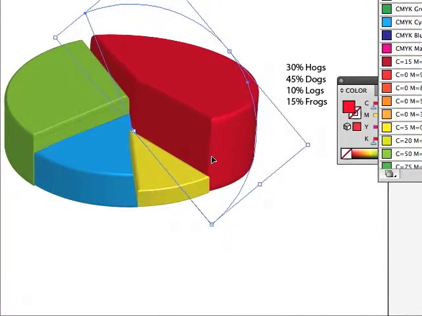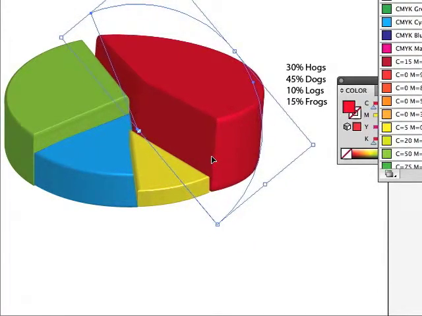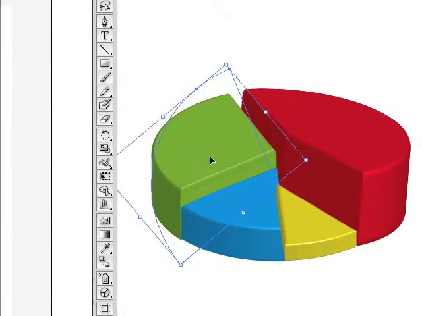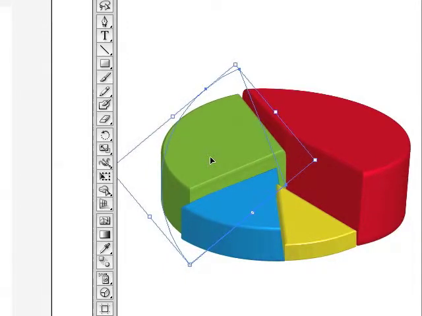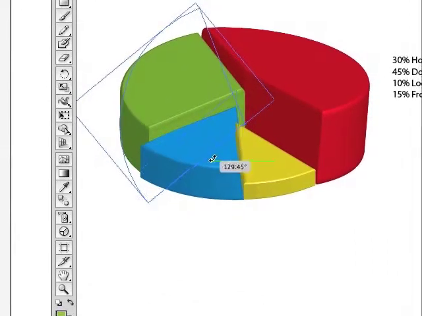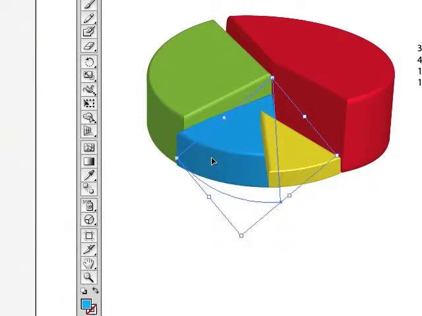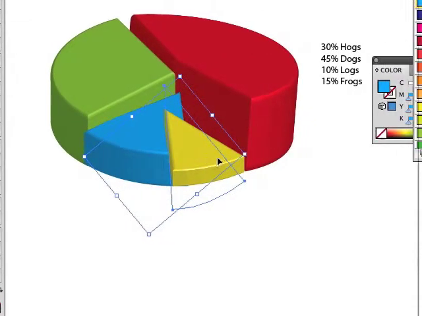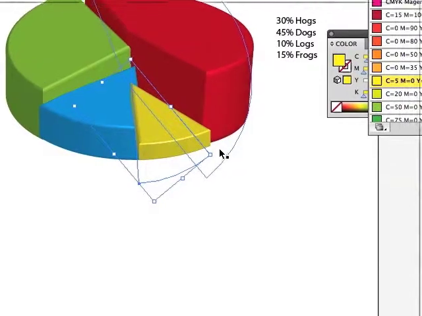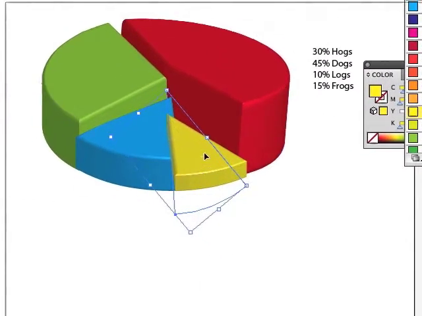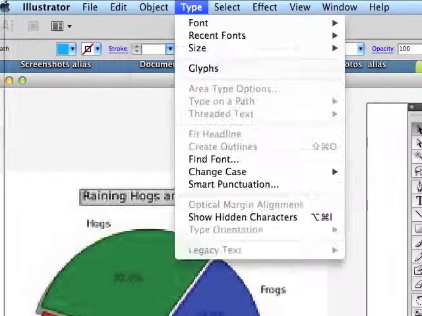Oops, it's over too far. And this one needs to be nudged in here a bit. And just play with them and get them so these edges look smooth. Now it's a bit hard to get these placed because when you move them, all you're seeing is this flat piece, and you can't really follow that. So now we've got to bring this blue one in front. It does look like it is